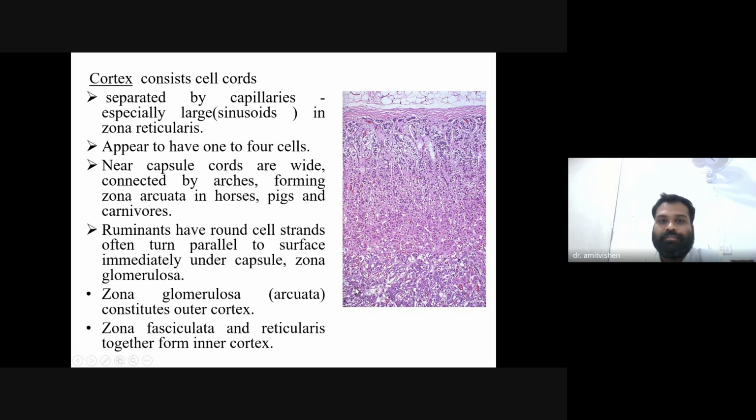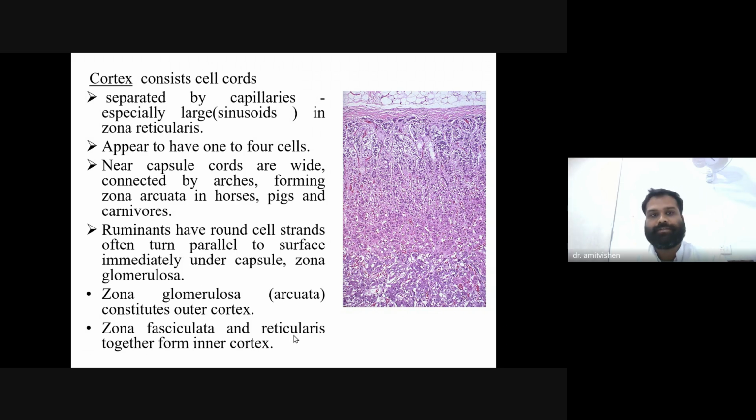You can see all the parts. Cortex part is being shown to all of you. And you have heard also in your BVSc course that the cortex has three parts. The first part, that is zona glomerulosa, is present outer, zona fasciculata in the mid part, and zona reticularis in the innermost part. So we can say that from outside inward, the layers are zona glomerulosa, zona fasciculata, and